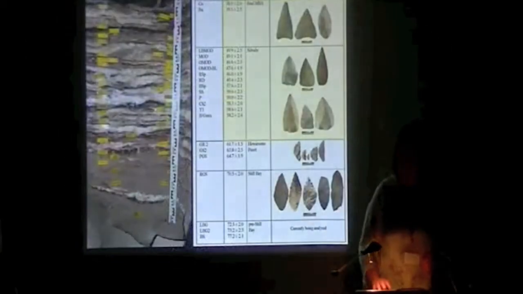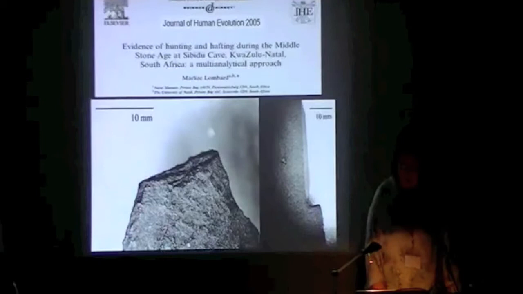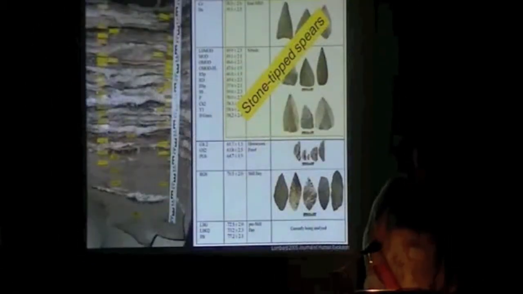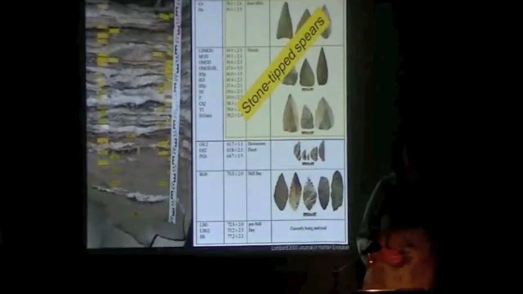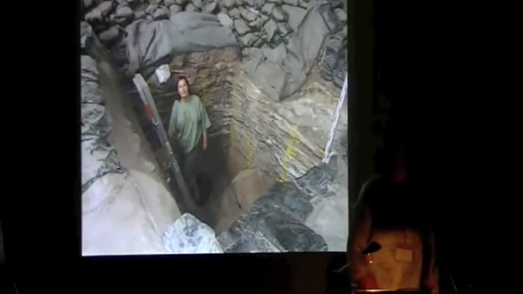I'm pretty sure I used my method, macrofractures, microwear, and residues, and that means I'm pretty sure that several of these stones, at least half, were used as spears. It does not eliminate other use. Okay. In the meantime, back to the hole